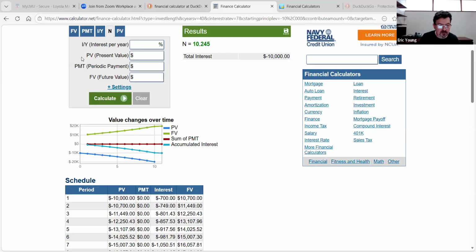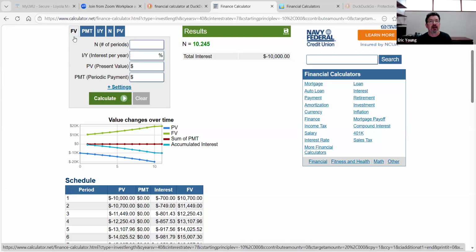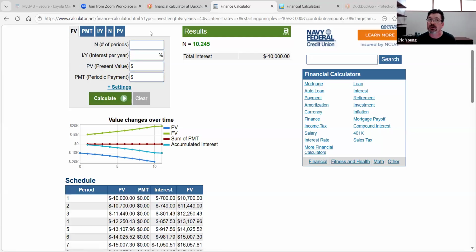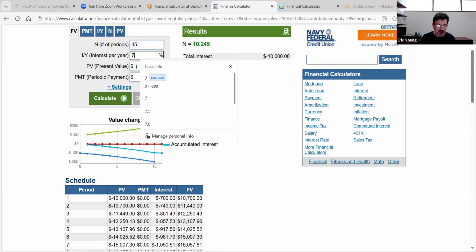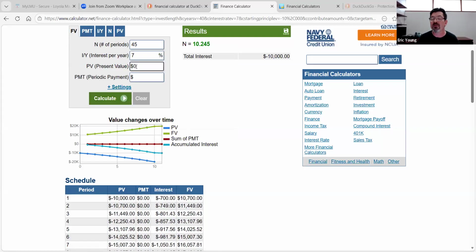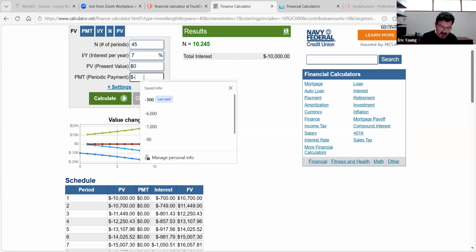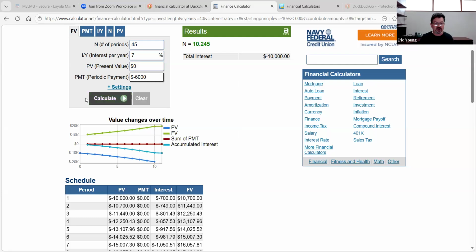So let's go back to our calculator. Let's clear it just to make some sense out of this. We know we're solving for FV. So we're going to click FV, and FV goes gray. And now the four in blue, PMT, interest, N, and present value, we already have those. Plug in what we know. N is going to be 45. The interest rate is going to be 7%. The present value is 0. We don't have anything in there right now. But we're going to be contributing $6,000 a year. And because that money's going out, -6,000.